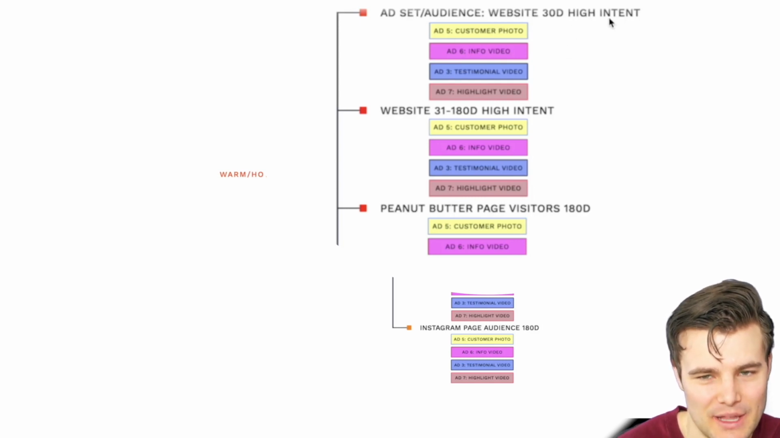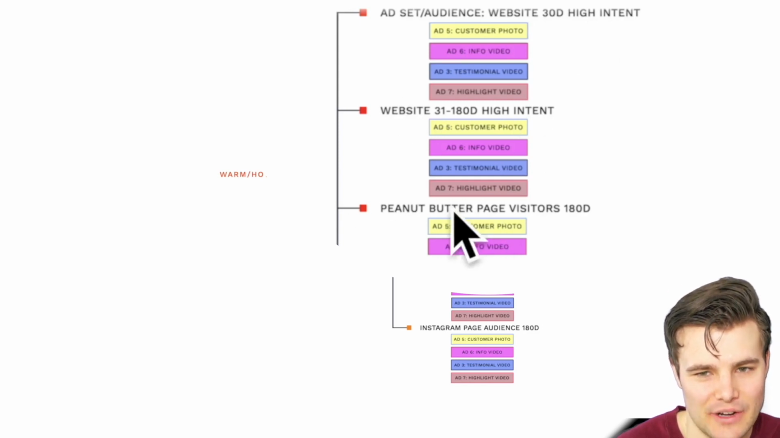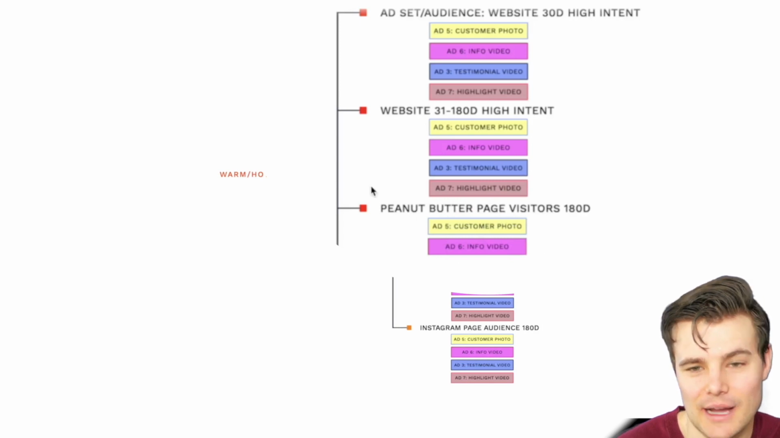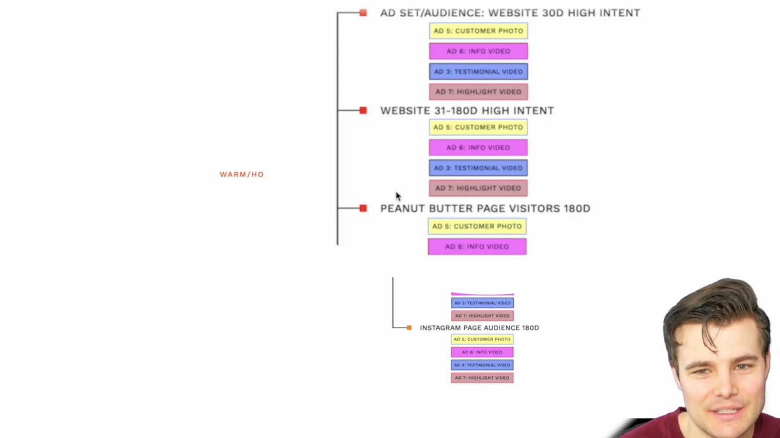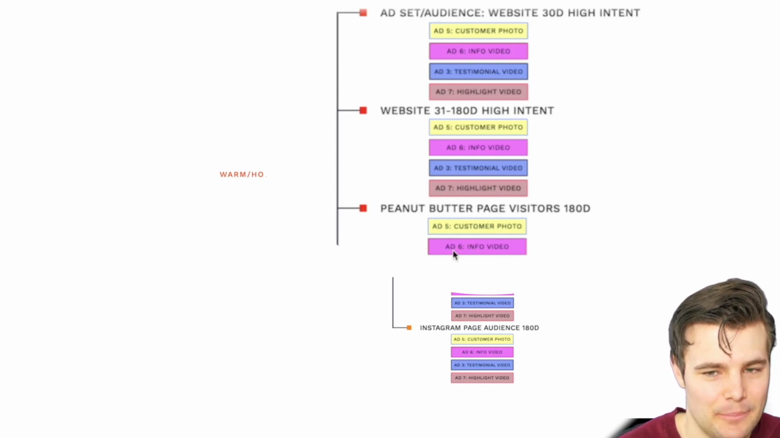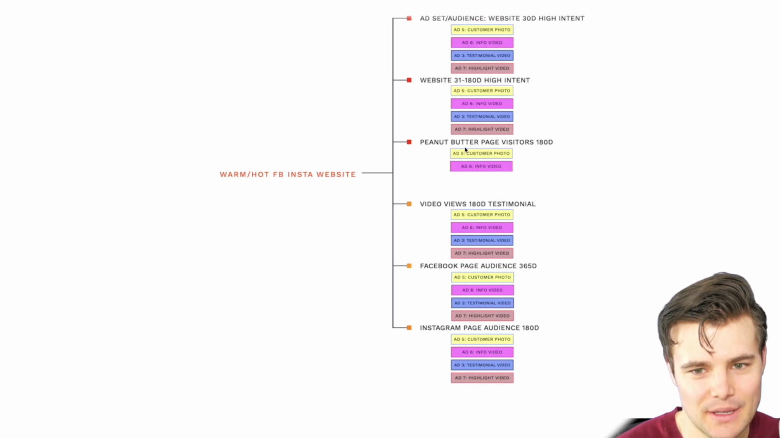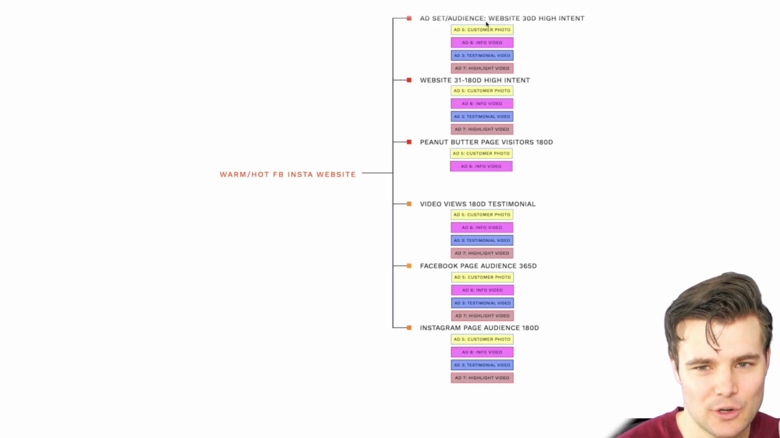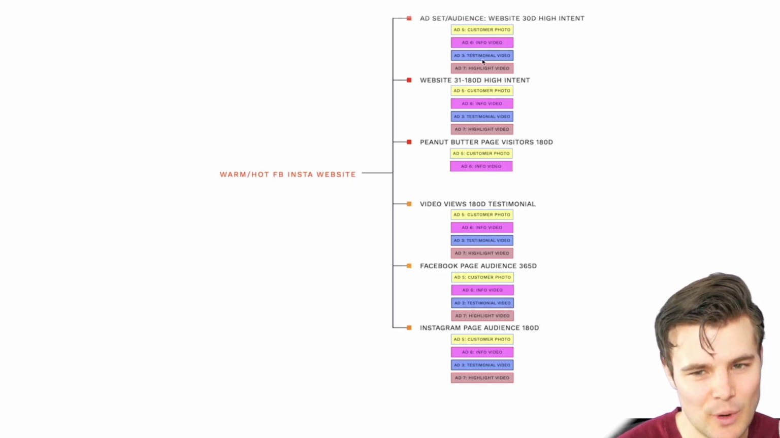We're doing people who spent a lot of time in the last 30 days, in the last 31 to 180 days, and then people who visited a very specific page. So we have our top seller in this example is peanut butter protein waffles. So people who land on that page, we're showing them very specific ads that try to get them back on that page to finish. And these are different ads from our cold traffic campaigns, just so there's some variety,